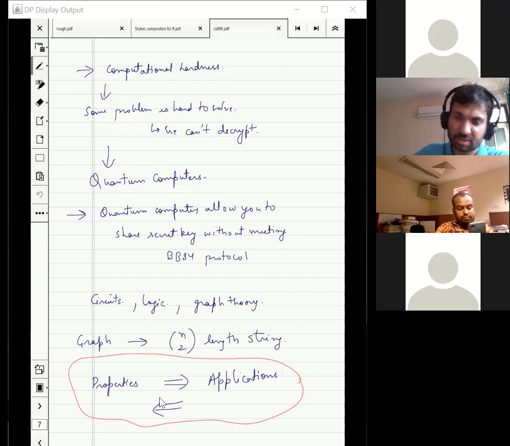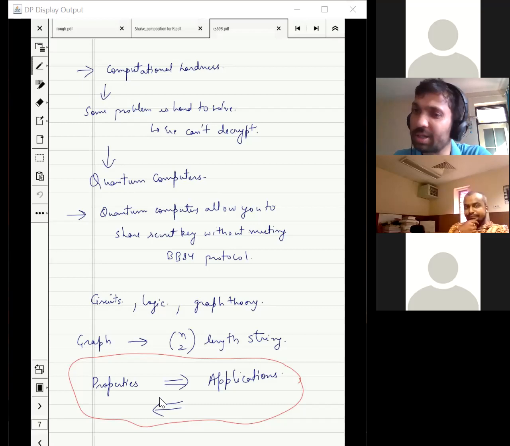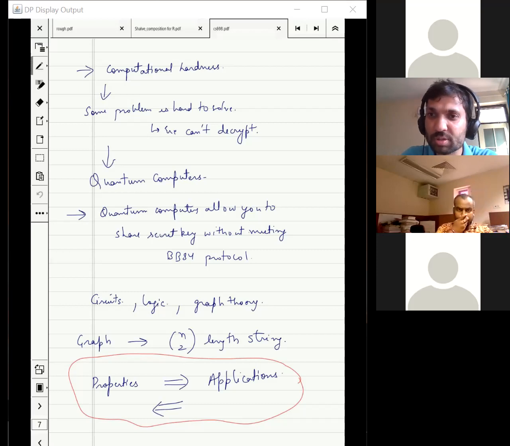To shortly answer your question, there are properties of a quantum computer. There are things in quantum physics which are not possible on a classical computer, like superposition and entanglement. Specifically, it is the superposition which you use to